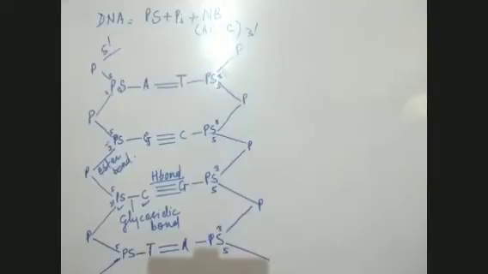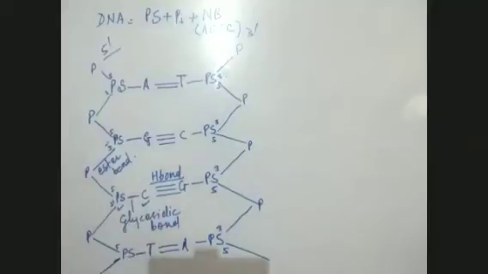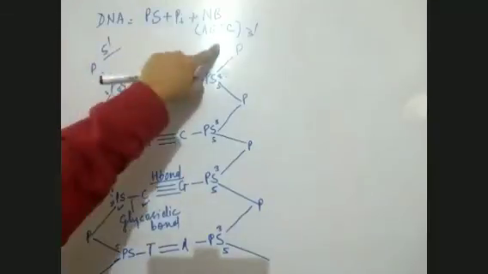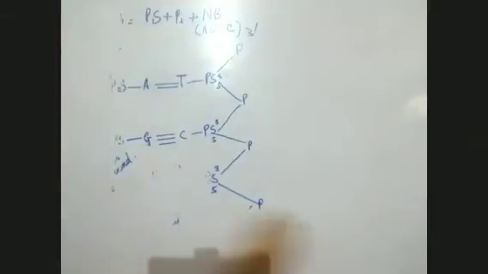Yes? Okay, so now I'll tell you a much more elaborate structure of DNA. One more structure of DNA which is much elaborate. And that structure goes on like this. That structure will help you to understand what is 5' and what is 3'. Okay, so I come to the third structure of DNA molecule.